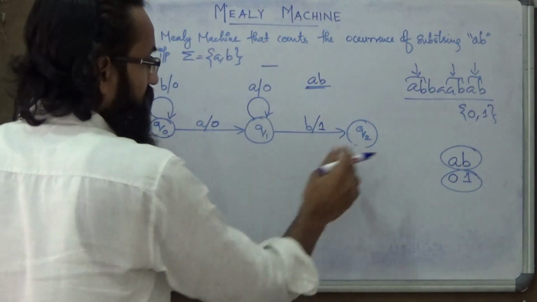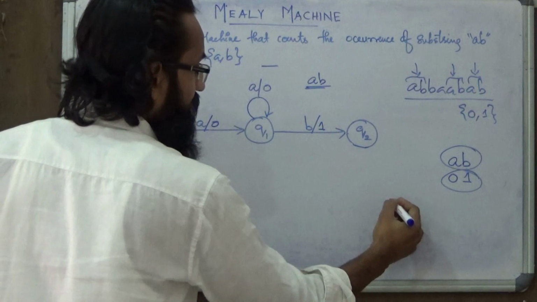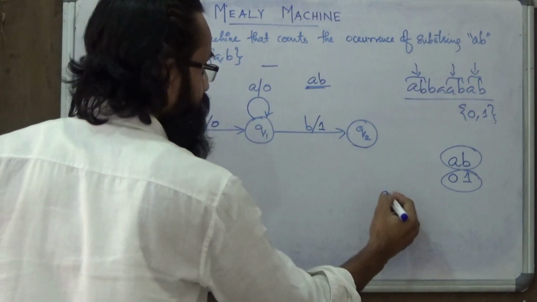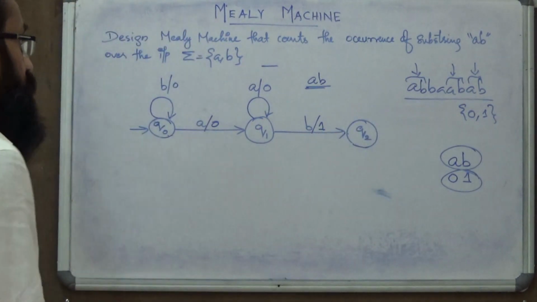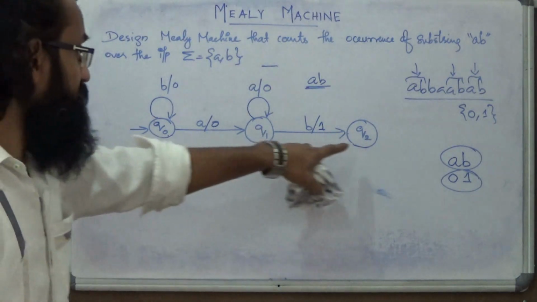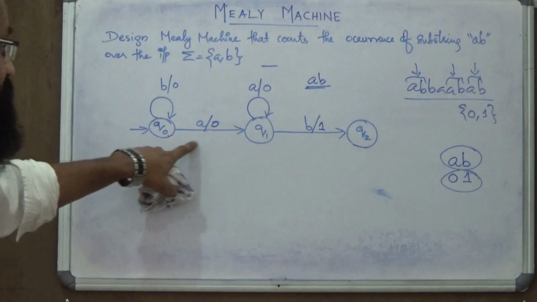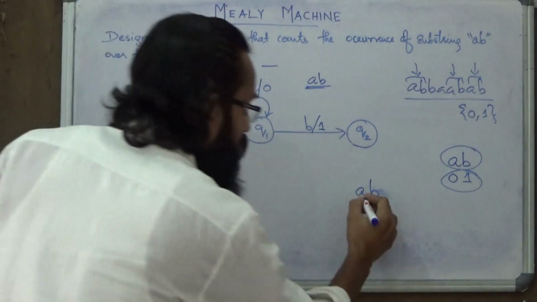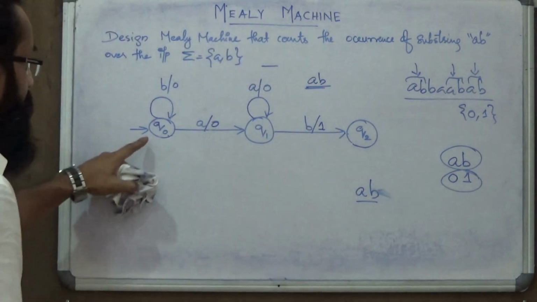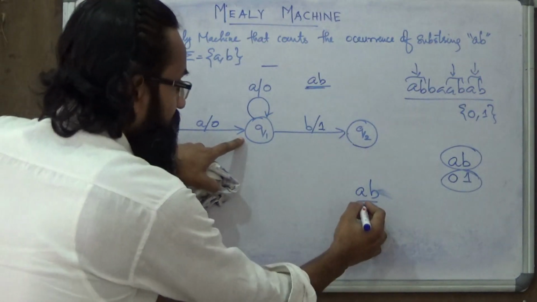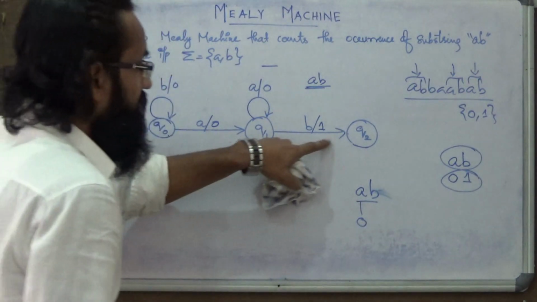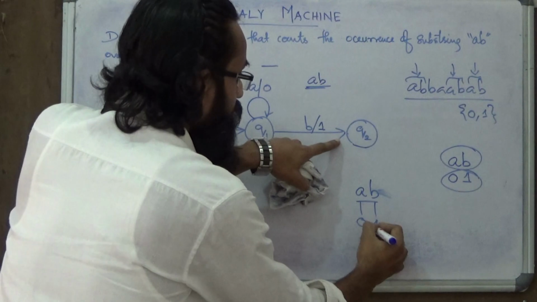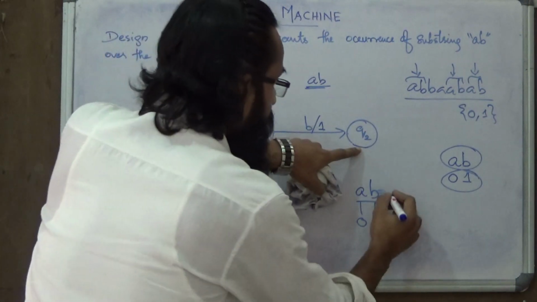Now you are expected to add A transition to Q2. So identify the minimal string required to reach Q2 from Q0, that is A, B. Now what about the output generated? While taking this A transition it will generate output 0, while taking this B transition it will generate output 1. Now you are going to apply A transition.